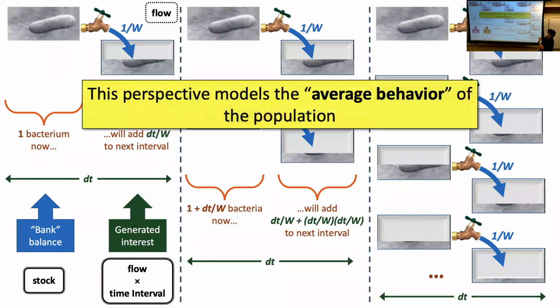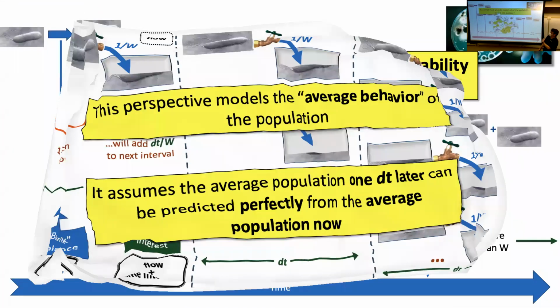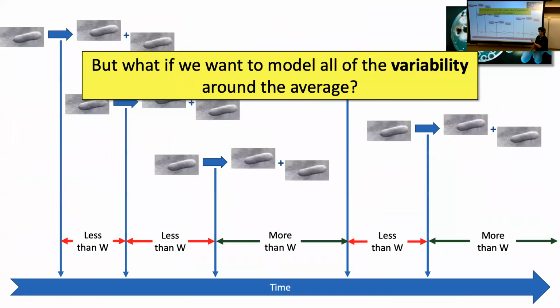So the question here is, all right, this is great, that's the average. What if we really wanted to know the true variation? In real systems, sometimes you wait a lot longer for a reproduction event. Sometimes it's a lot shorter. In the restaurant case, for example, it might be that on average you get 5 people per hour, but there might be some hours where nobody arrives, and some hours where you get 20 people. Maybe over the day it was 5 per hour, but it might be important to know that some hours of the day you're going to get 20 people arriving, because then you're going to need to staff those hours. So you're going to need to know the real variation.